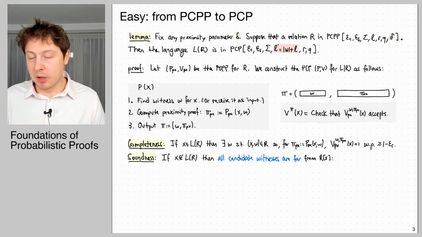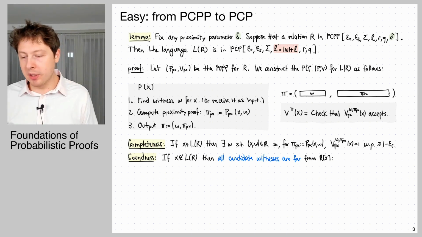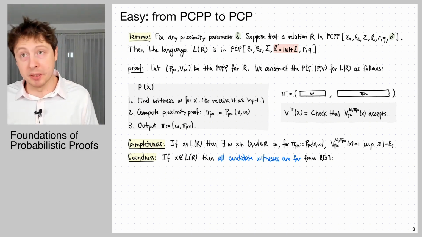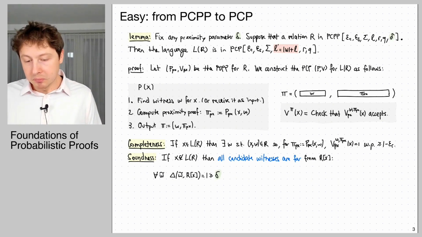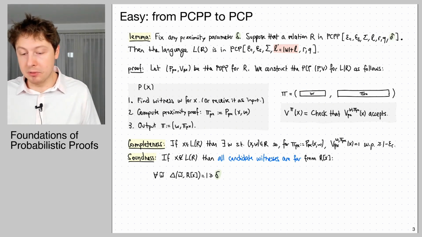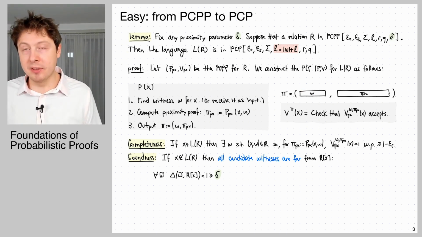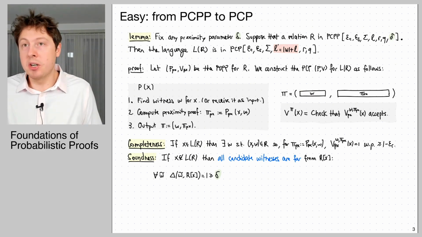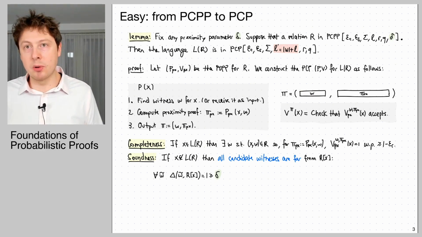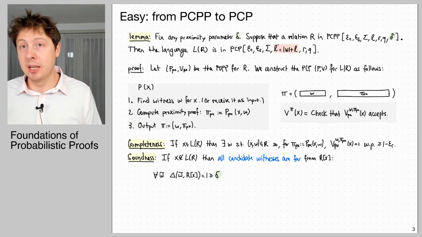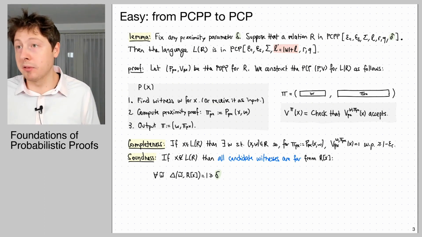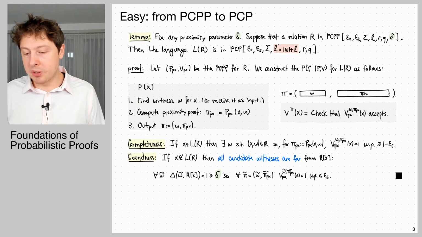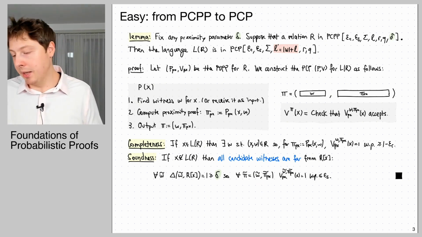Now, if X is not in the language, then crucially, all candidate witnesses are far from R_x, because it's empty. So whatever candidate witness a malicious prover writes down, guess what? It's going to be delta-far from a valid witness, because there are no valid witnesses. And 1 is greater or equal than delta for any delta. Even if you have a really crappy PCP of proximity with a really large delta that is not even bounded away from 1, that's okay, that's good enough. And so the condition kicks in,